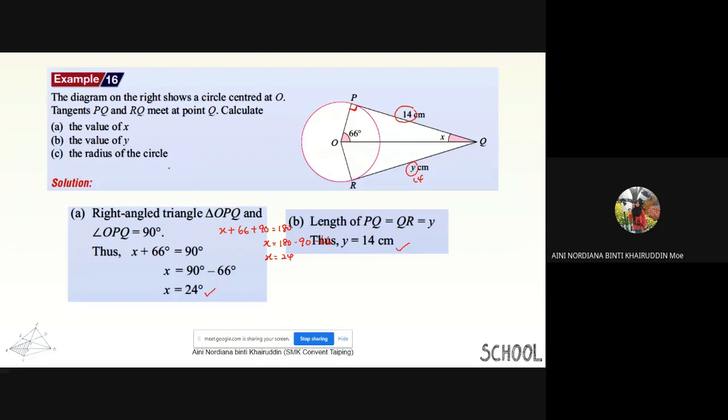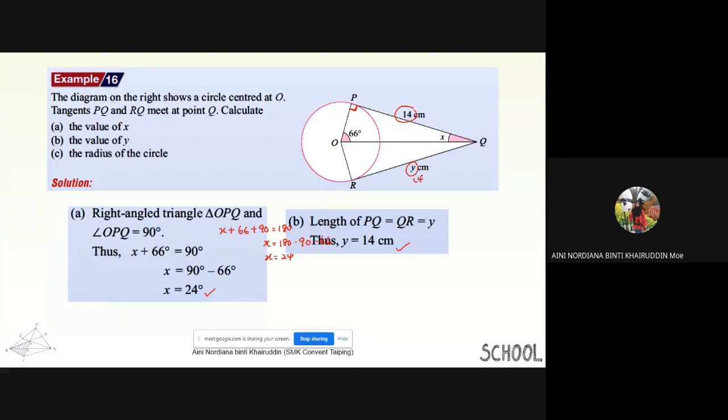The radius of the circle. So radius is PO or OR. So up to you which one you want to calculate. Okay, the answer is the same. So now I use OP. Okay, to calculate this, you need to use trigonometric ratio that you learn in chapter